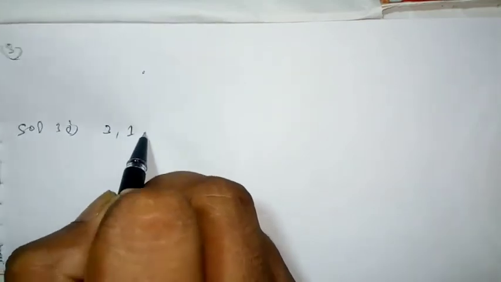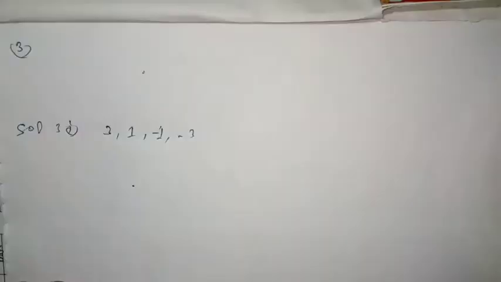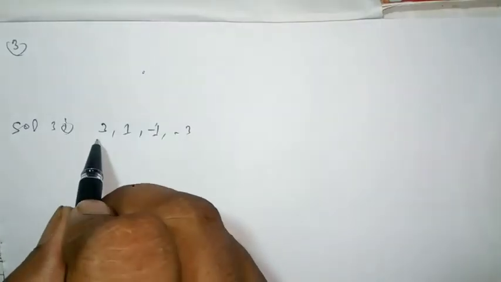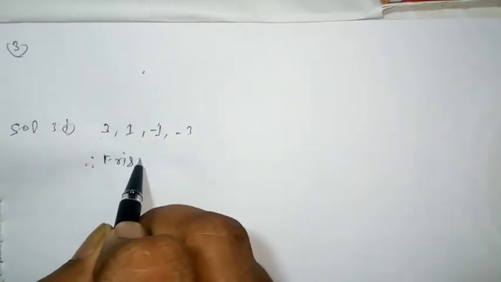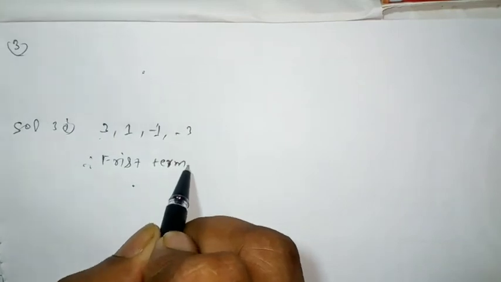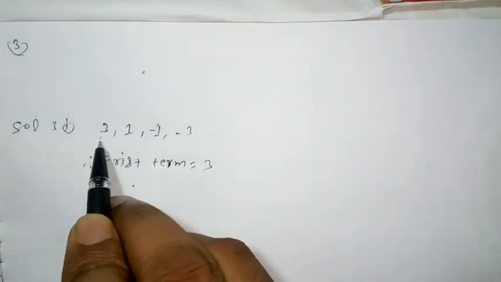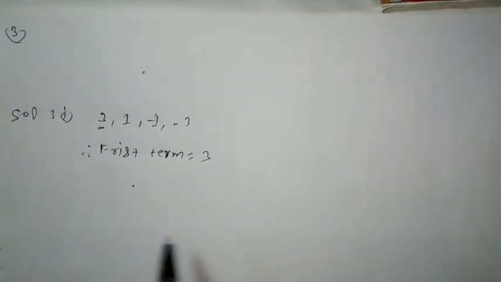The series is given: 3, 1, minus 1 and minus 3. Here the first term A is equal to 3. This is the first term. And the common difference